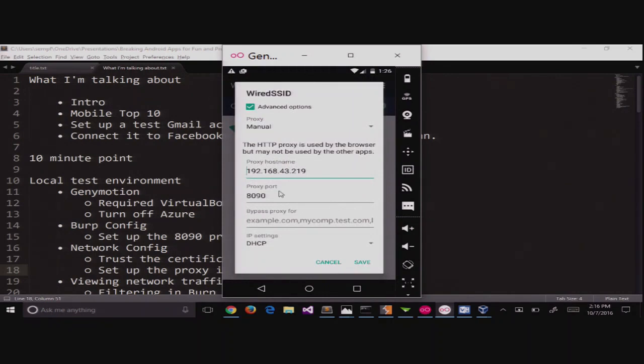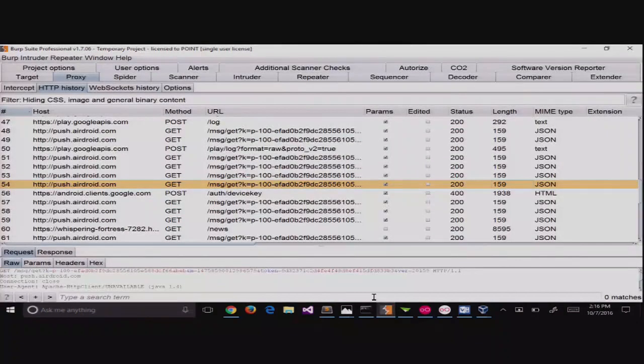The reason we're going to do this is we're going to proxy all of our traffic through an attack proxy, in this case Burp Suite. You could also use Zap, the Zed Attack Proxy, which is the free-like-beer open source OWASP project, which I probably really should be demoing instead of Burp, but I'm so used to doing Burp, I just do it. Maybe if we have time, we'll look at Zap.